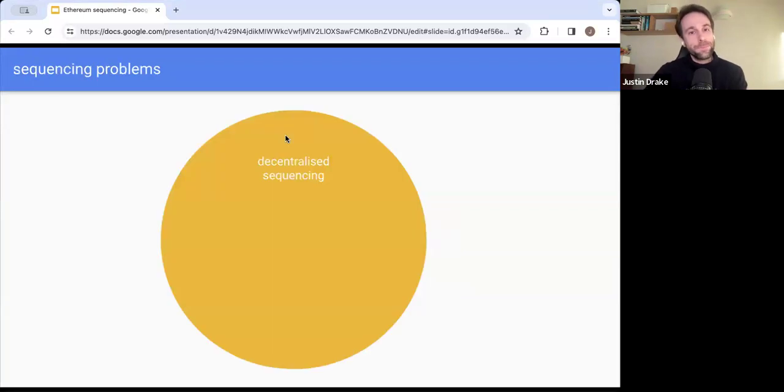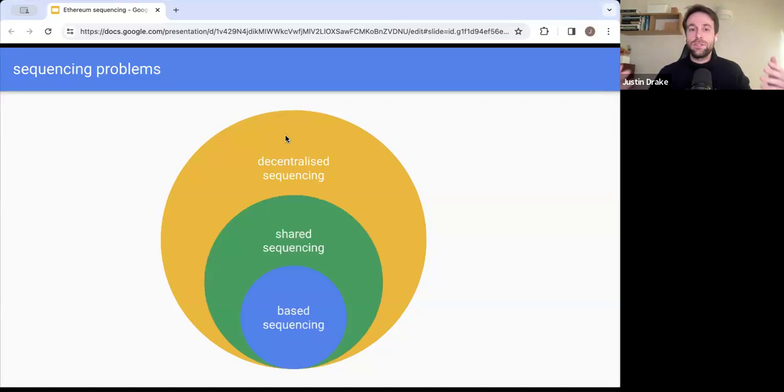Now, in terms of sequencing problems, which is a very big design space, there's some that are specific to decentralized sequencing, and in my opinion, this is where the bulk of the research is. I think everyone agrees that we want to move to decentralized sequencing, but then within decentralized sequencing, there's even more specialized sequencers.